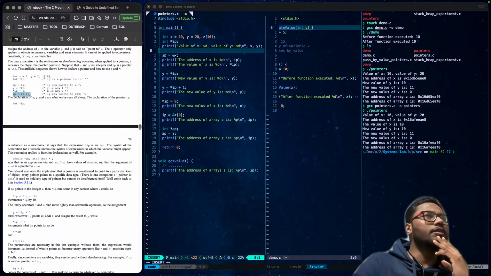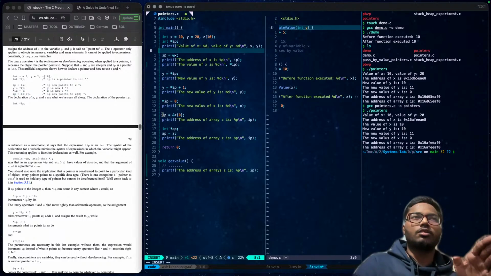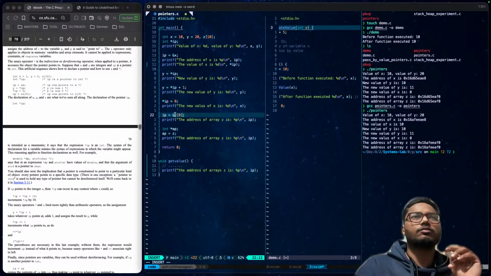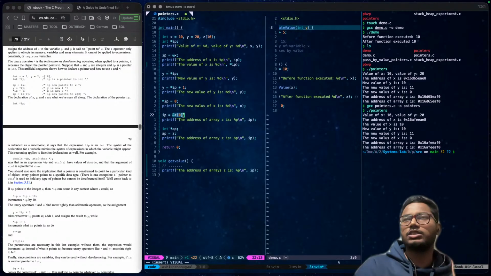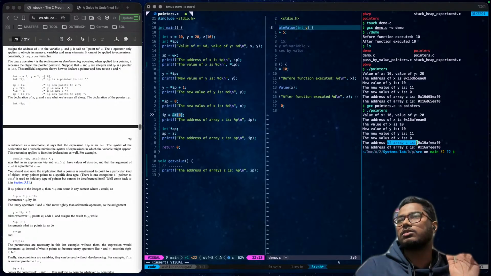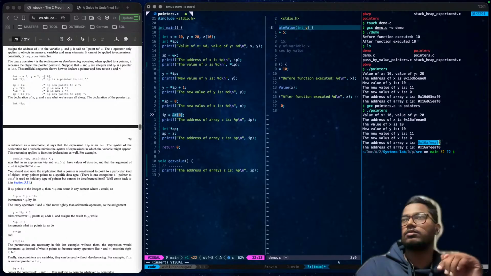After assigning this ip to our array, it will now store the address of this array z. First, this ip was storing the address of the x variable, which was this. This is the address of the x variable, and this is the address of our array.